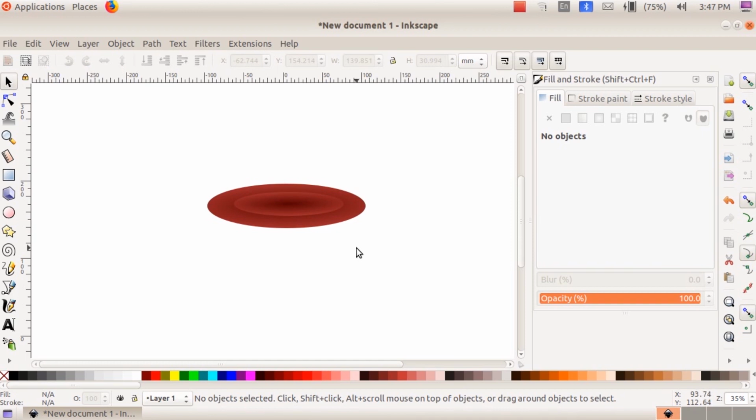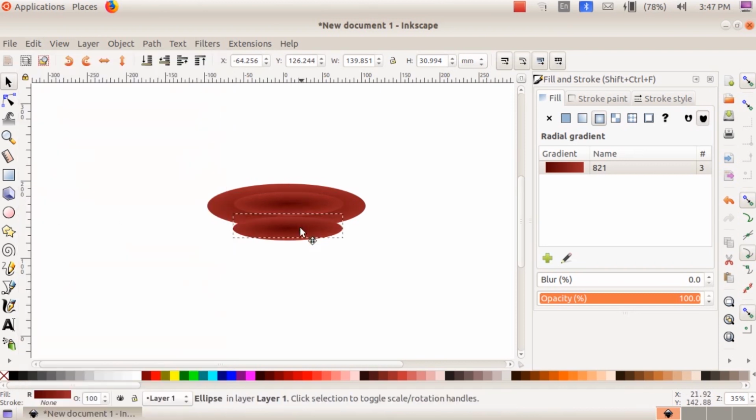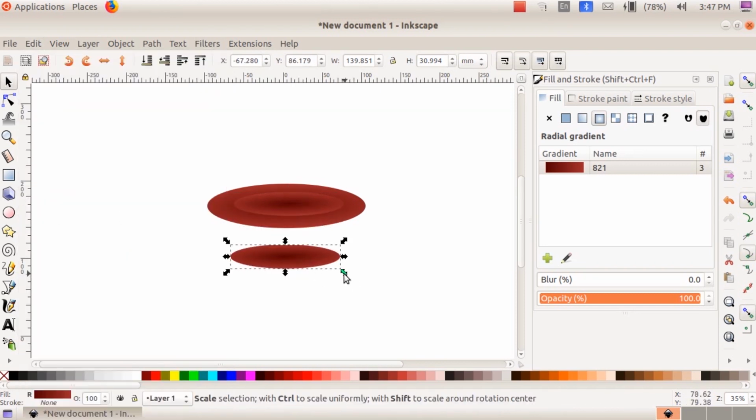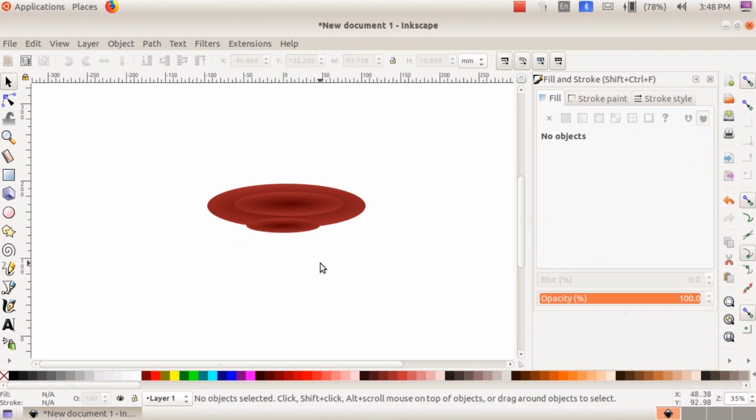Then let's make one more circle. Again, click on Edit, Duplicate, make it small, and arrange the small circle just below the second circle.